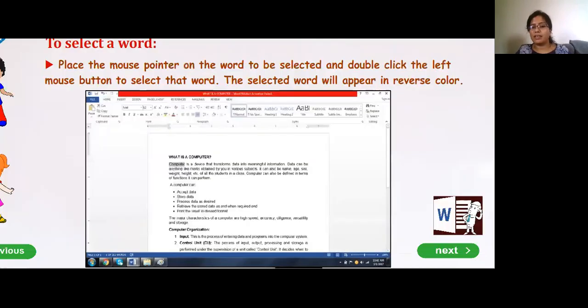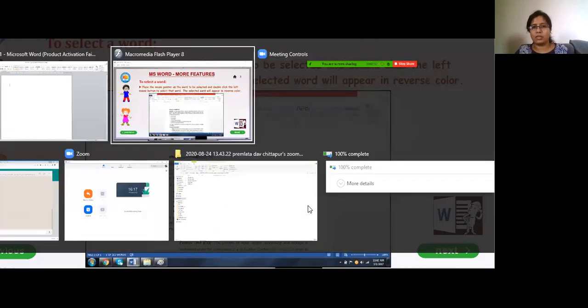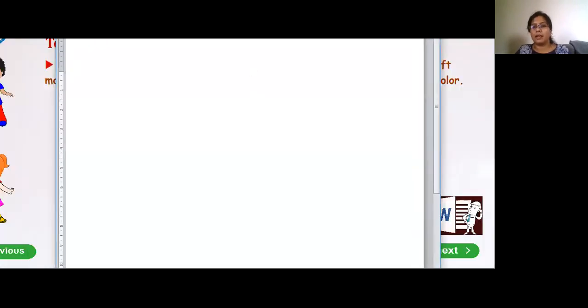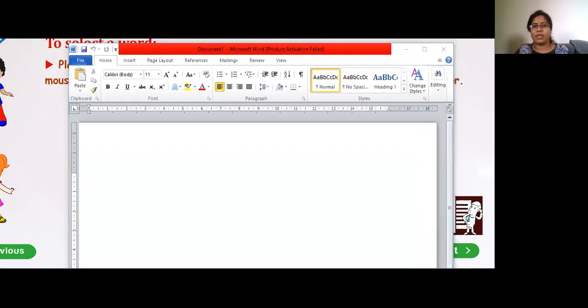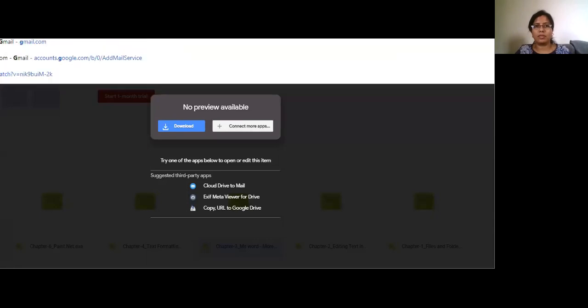We'll just try it. Loads. Yes, this is our pointer. I'll just copy something. Close it. I'll just open a Google document.